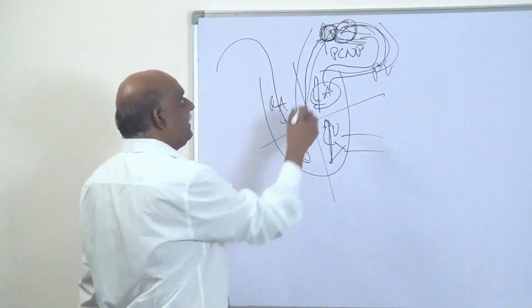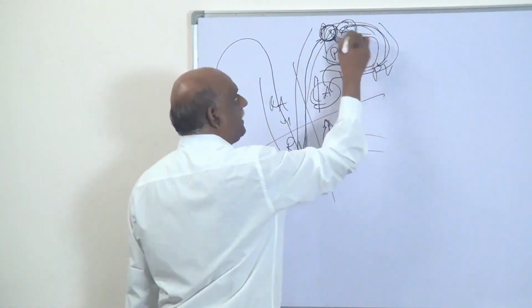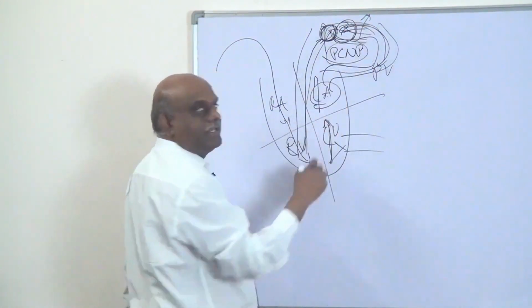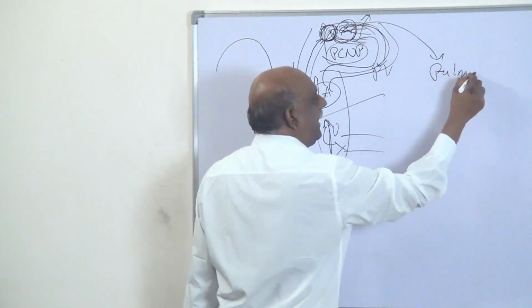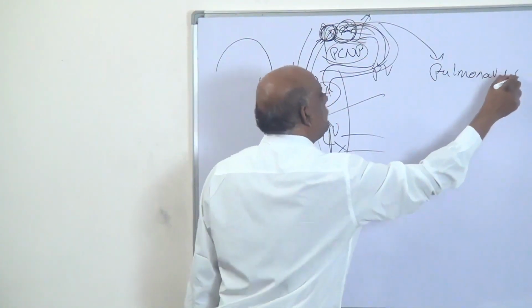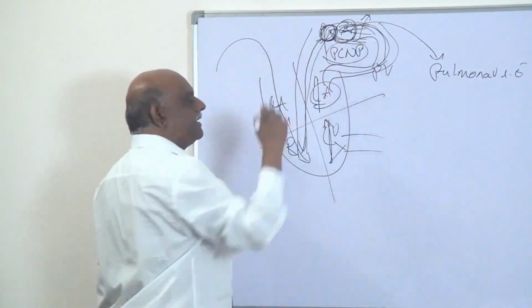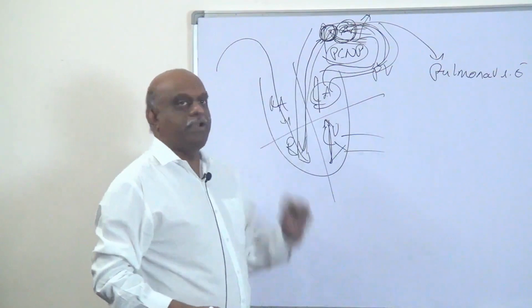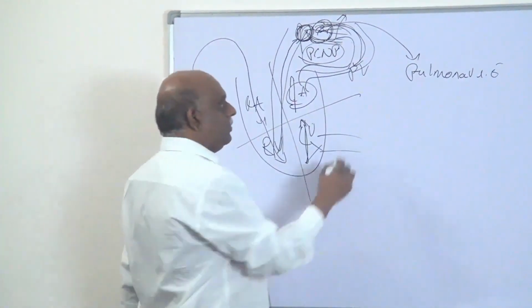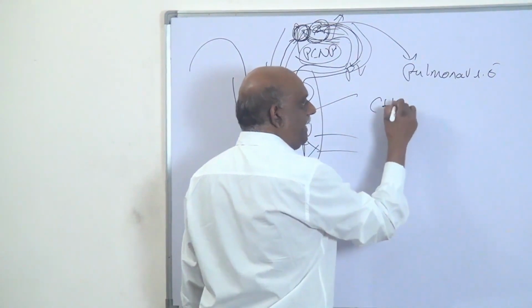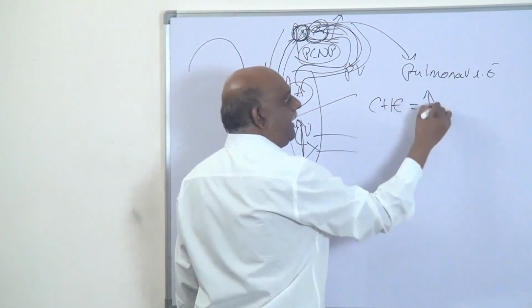And when the pressure in the capillaries increases, what will happen? It leads to the development of pulmonary edema, is what you need to remember. So Swan-Ganz catheter is measuring pulmonary capillary wedge pressure, indirectly the left atrial pressure, and CHF is identified by increased